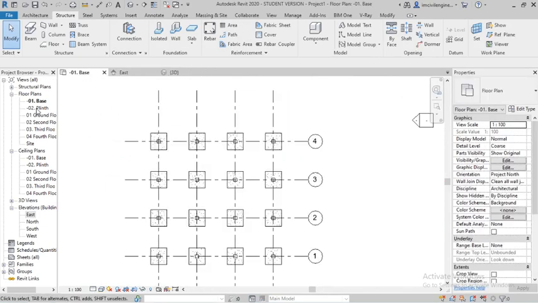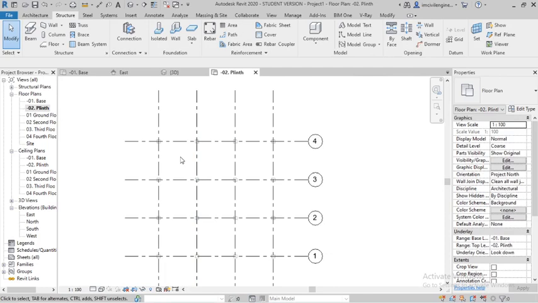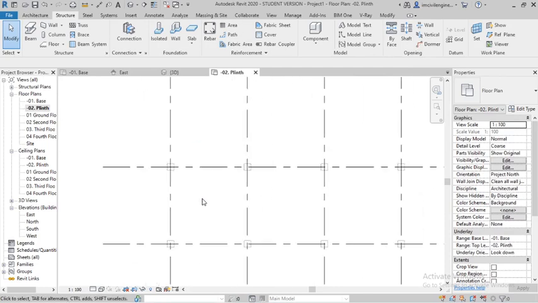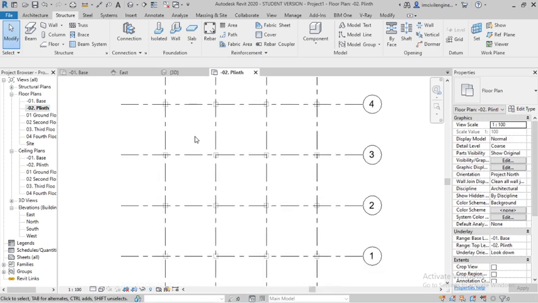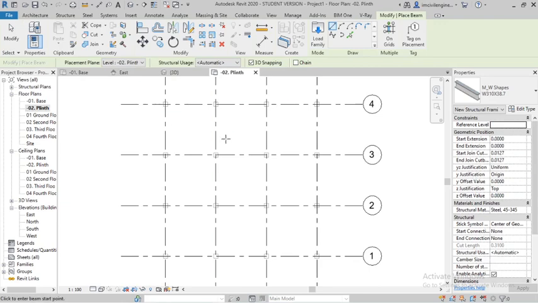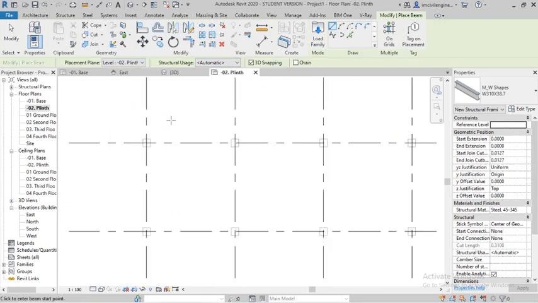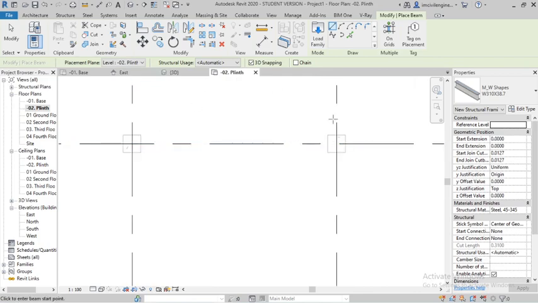Go to plinth. The column is visible now. Okay, at the top of the plinth, then you can draw the beam, structural frame. Okay, from plinth automatic. So I will draw the beam.